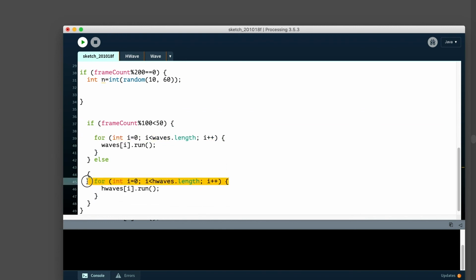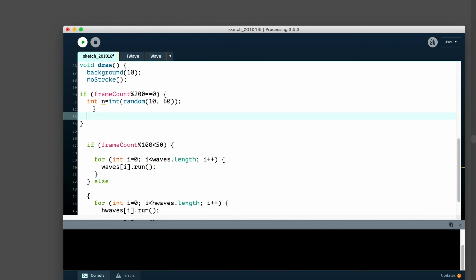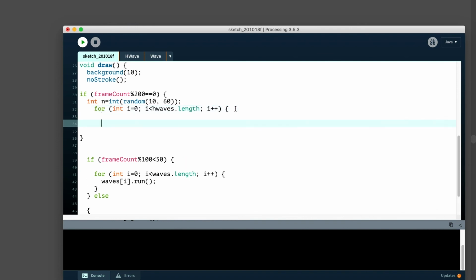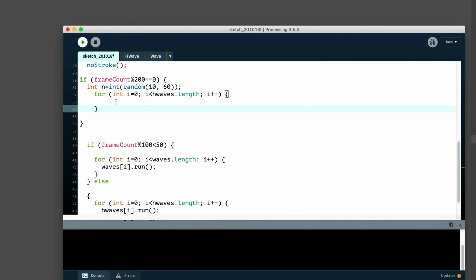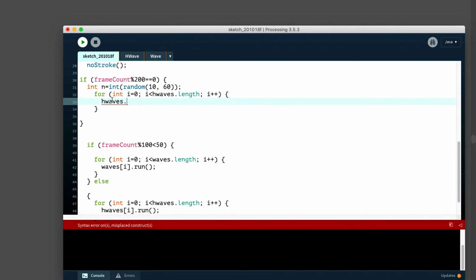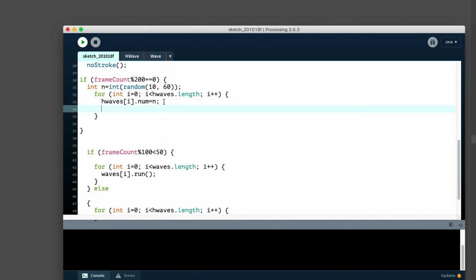let's do it on the H waves. Let's go into all the H waves again, access the number variable, the data, and set it to n. So this new random variable will be passed into all the instances, and that will update.